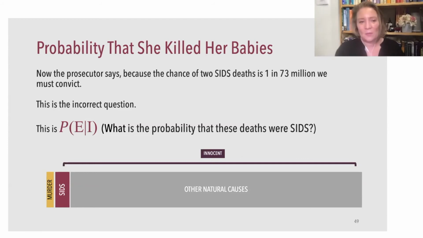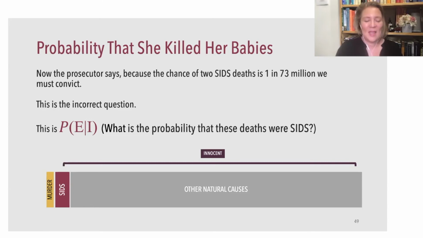The 1 in 73 million calculation answers the probability of the evidence. What were the probability that these deaths were SIDS, given that she was innocent? So the probability of E given I. So the probability of the evidence given the fact that she was innocent is what they actually calculated. So the 1 in 73